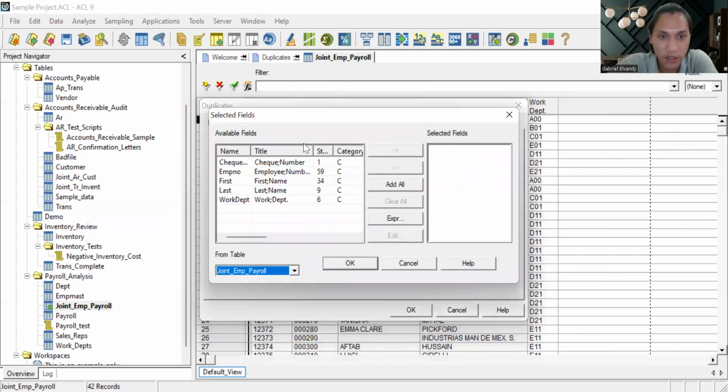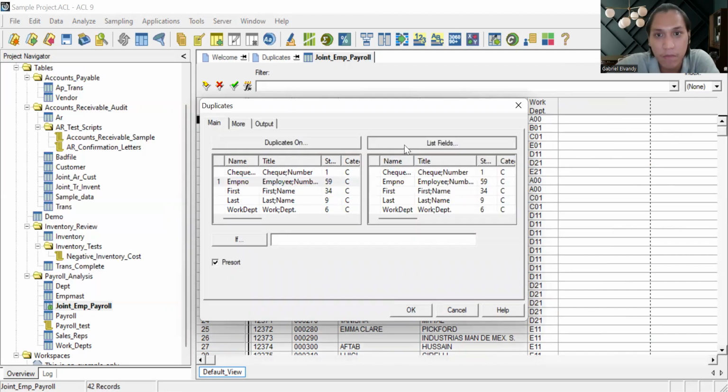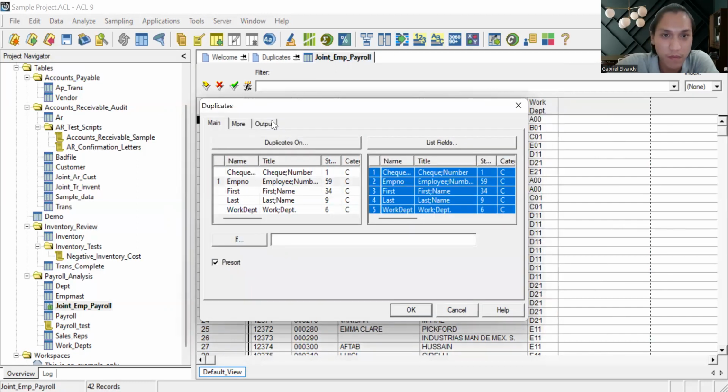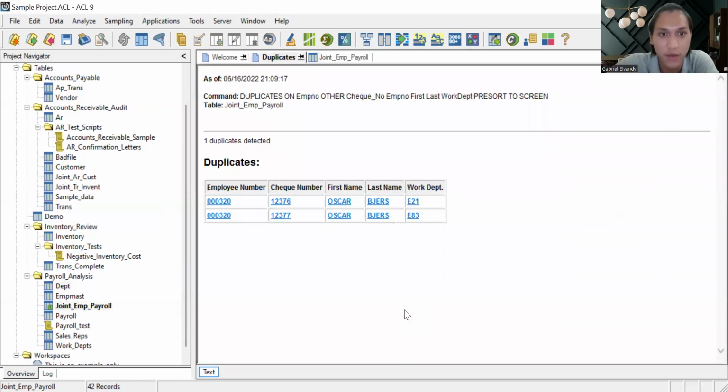The duplicate should be something that might be the same. So employee number should be the same. And then for the list field, we just add it all. Output should be on screen, and then we click OK. So here we see there are same employee number with one duplicates detected,